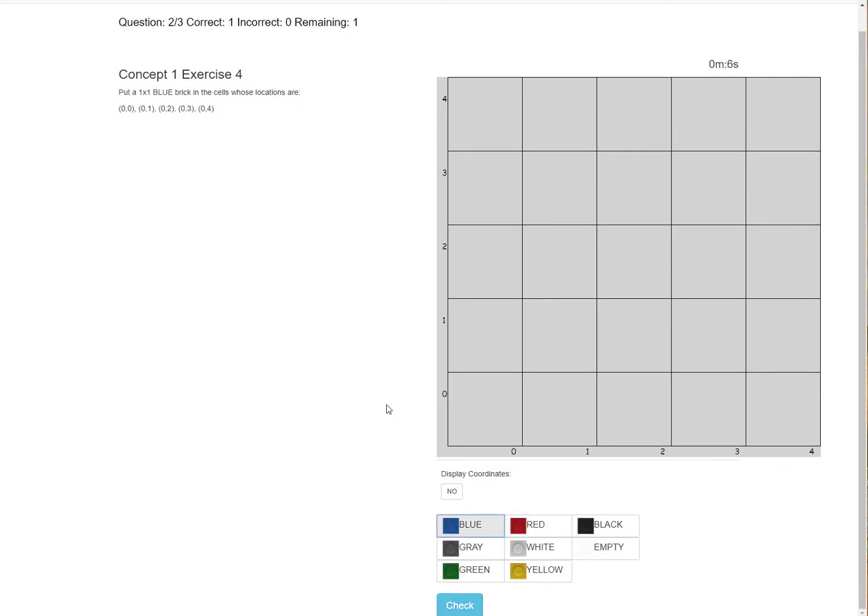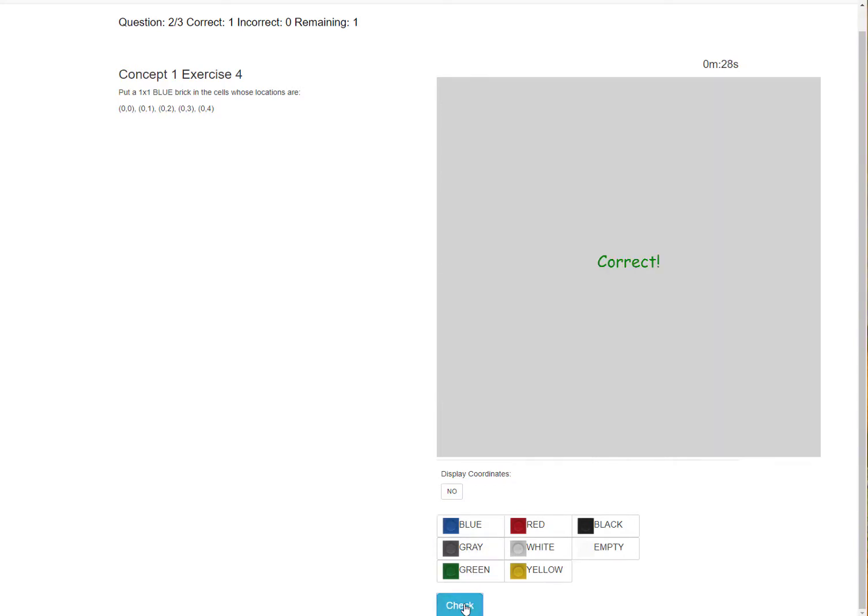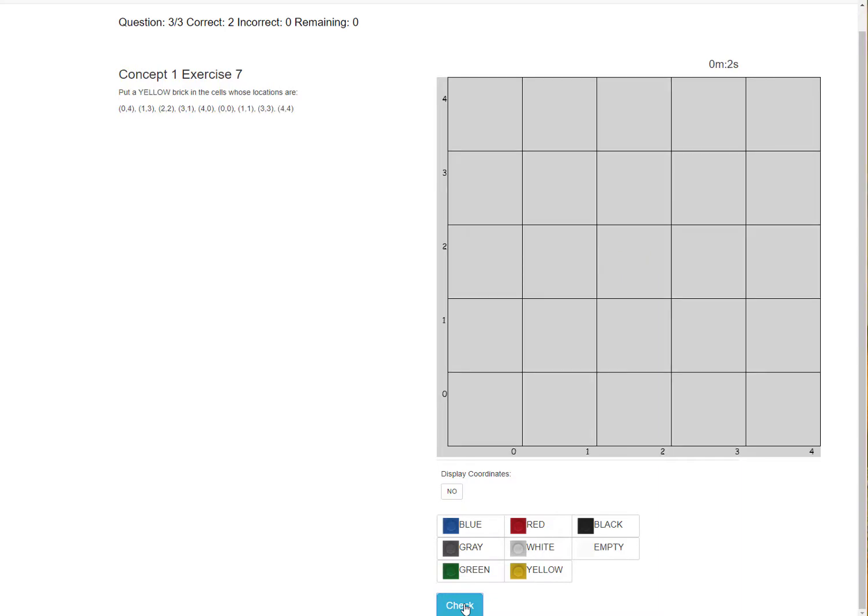Put a 1x1 blue brick in the cells whose locations are 0, 0, 0, 1, which is right here, 0, 2, 0, 3, and 0, 4. All right, that looks good. Double check. And the last test question here is put a yellow brick in the cells whose locations are 0,